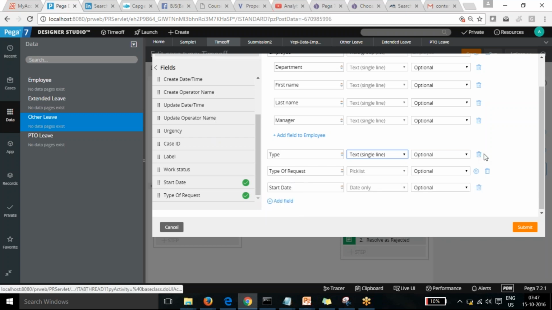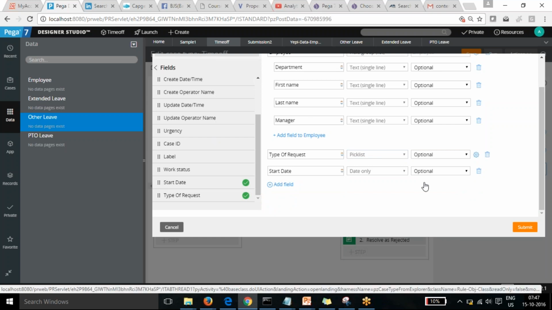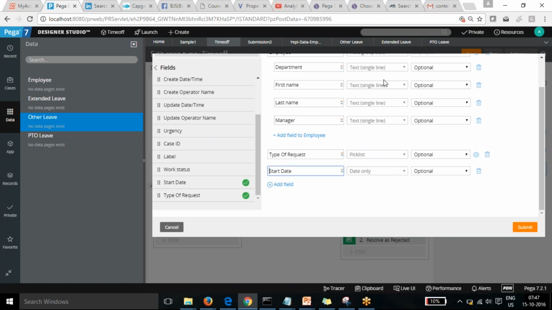Okay, and I don't want this field, so it's deleted. This way I added all the fields which are required for the first half. So I can click submit, and the same way I can configure the same view for the next one. It's running a little bit slow, so it will take longer to complete.